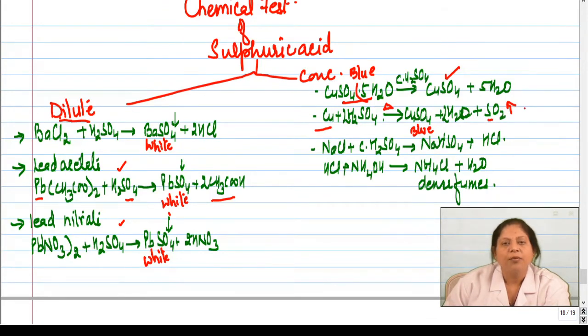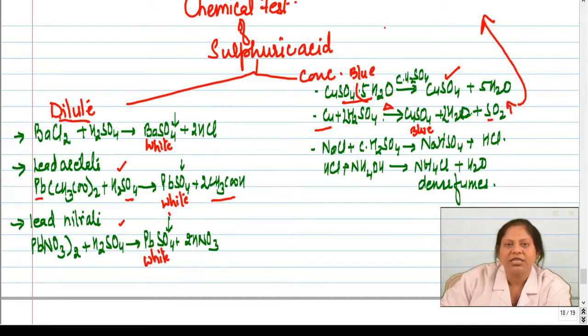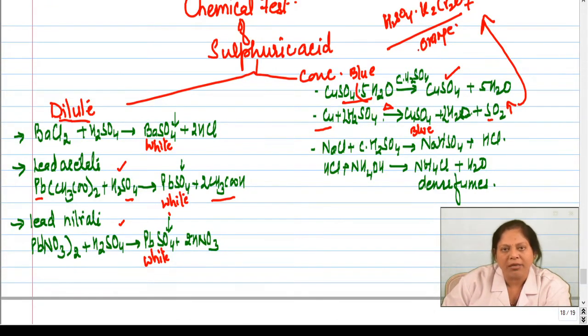And if you bring acidified potassium dichromate paper, that is, paper dipped in sulfuric acid and potassium dichromate, K2Cr2O7. This is orange in color, children, right? So you take normal paper, dip it in sulfuric acid and potassium dichromate, and the paper turns orange. When you bring this paper near the mouth of the test tube, the sulfur dioxide will immediately convert this orange to green. So this will confirm that the acid is concentrated sulfuric acid.